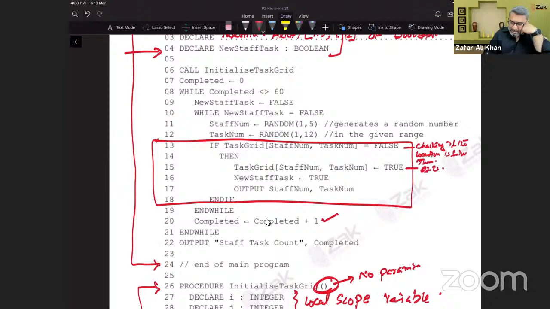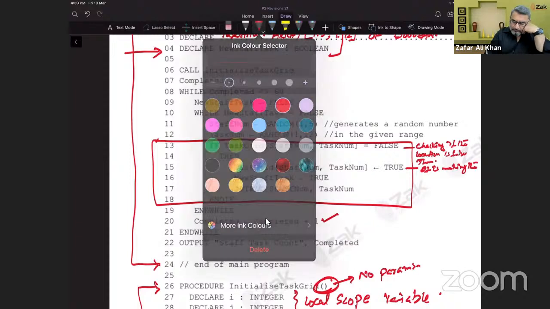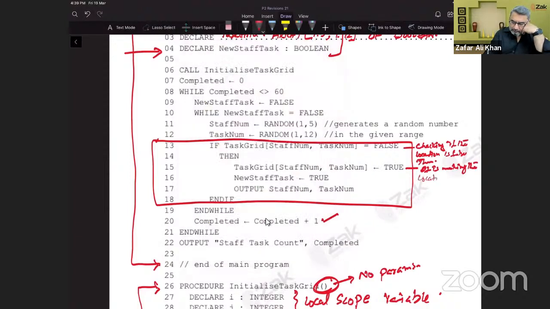It is making the location true, which is being used. It has completed this particular task. And then a global, sorry,